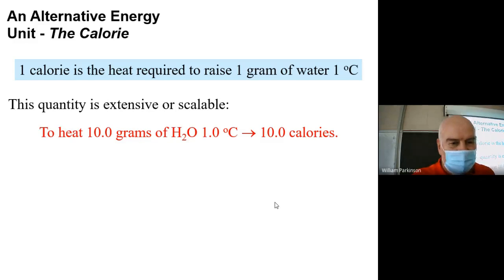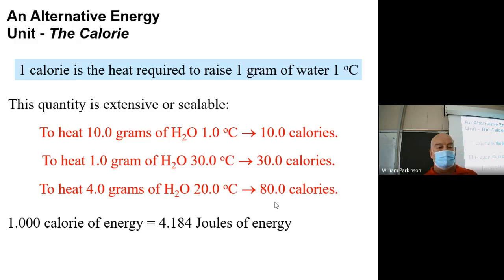Now this number, turns out, scales really nicely. As we say here, if I want to take 10 grams of water and raise it a degree, I should put in 10 calories. So it scales any way you want to think of it. If I want to take 1 gram of water and raise it 10 degrees C, put in 10 calories. So you can scale this number any way you want. What this says is the comparison between joules and calories is such that 1 calorie of energy is 4.184 joules.